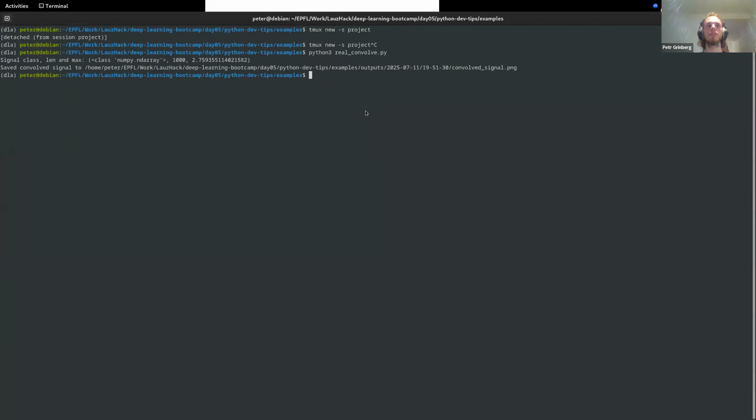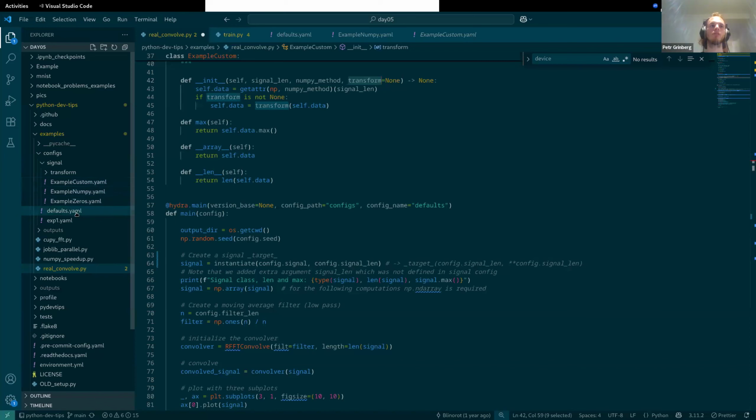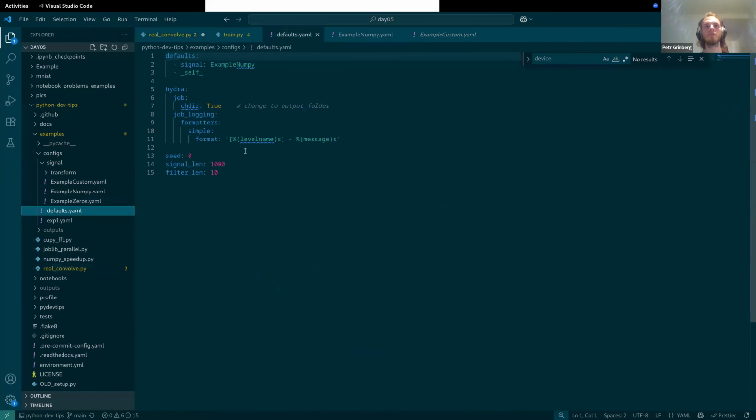And indeed, it looks random because we go here and see that the default value for the signal is taken from this example NumPy. So I didn't explain this, so it's maybe not clear. When you define your main config, you can say what the default value is. And you have two options for how you can write this config. You can say signal and then write the target here,